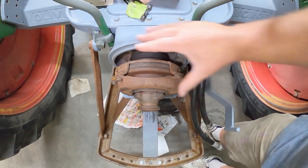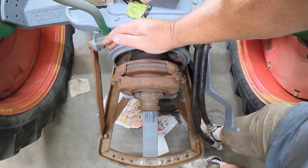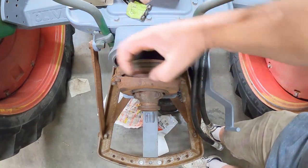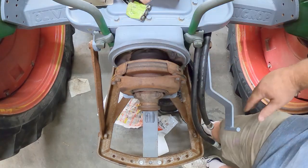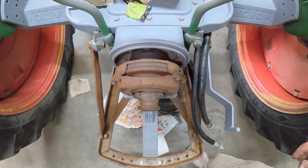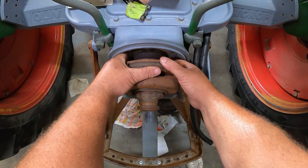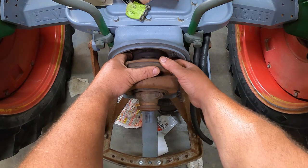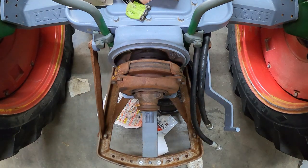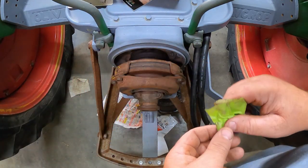Well, it's up against there. I don't think tapping it with this rubber mallet, no harder than I'm doing, would be able to force the bearing into a misaligned situation. All right, I give. I'll loosen those bolts up just to make sure. That sure beats taking out a bearing. Well, I was mistaken. Once I actually pushed on that collar, it came right up to the gasket. So, I think we're good. If I'd had to draw it in with the bolts, I'd be worried. But since we did not,